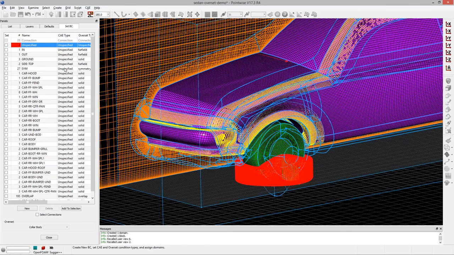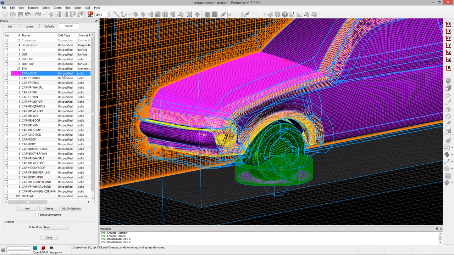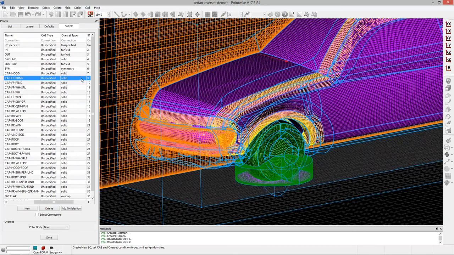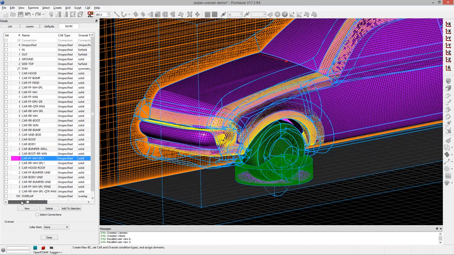But before then, I want to mention the CAE type. These are going to be your flow solver boundary conditions, and because the type is OpenFoam, these are going to be OpenFoam specific, so things that you're familiar with: patch, wall, symmetry, plane. This is the stuff that's going to go in the boundary file in your polyMesh directory. This other column, the overset type column, is where you're going to specify your overset boundary conditions. Solid patches in different bodies are going to cut solid patches in other bodies, so you need to be able to specify that here, and also symmetry, far field, and overlap. Those are the different overset types we've used for this application.